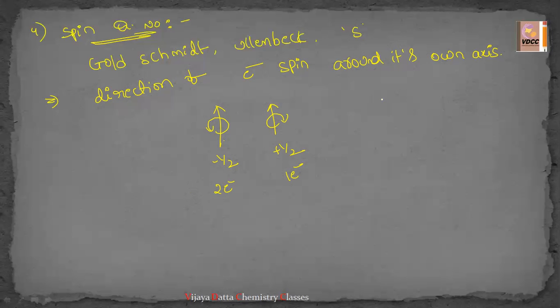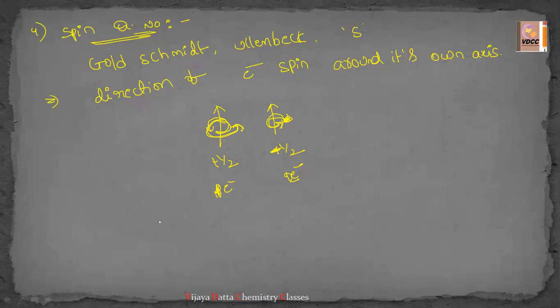That means we can write it in three dimensions. See, if you are drawing like this, clockwise, and if we are drawing like this, anti-clockwise, clockwise, anti-clockwise, it will be plus half, it will be minus half. It will be the first electron, it will be the second. If I write like this again, it is anti-clockwise; I have to bring it completely like this, then it will be clockwise. If we write in this direction, then it is the anti-clockwise direction.